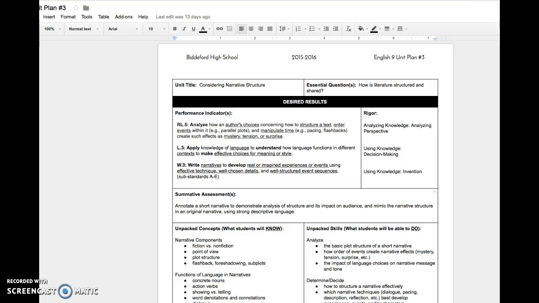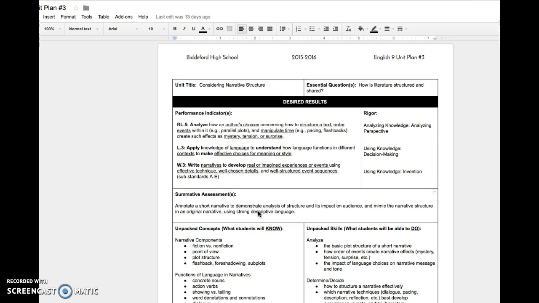Hello again. I'm making another video for you guys in hopes that I can help with the summative assessment piece and the rubric piece. I know it feels complex, but I'll try to break it down as simply for you as I possibly can. I'm starting by showing you the example unit plan that I had given you guys in